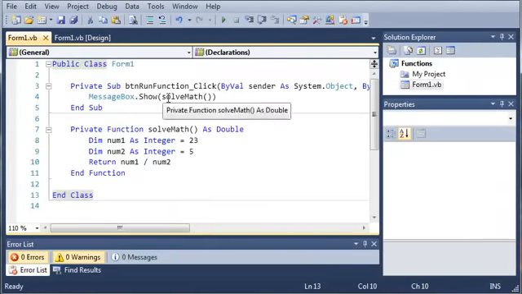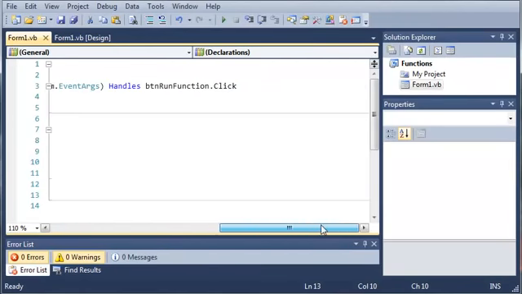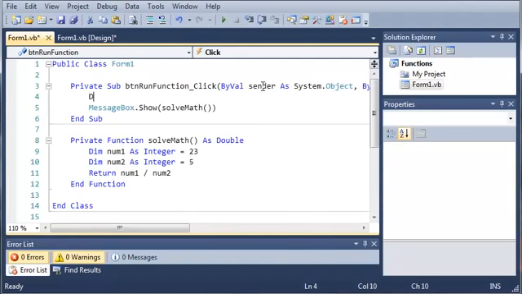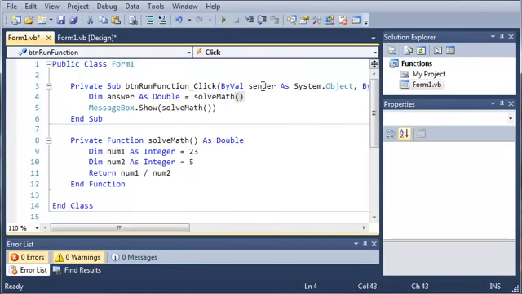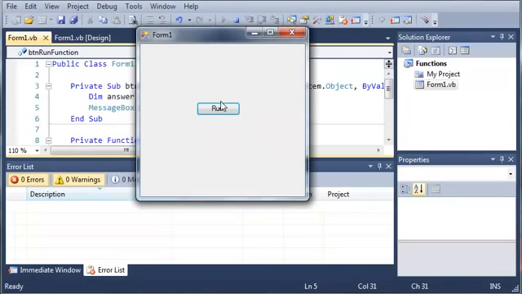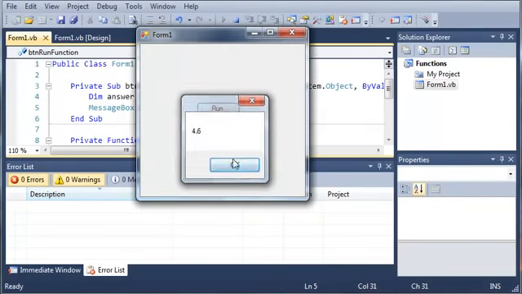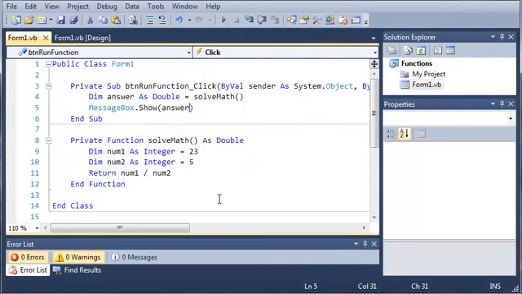Now instead of just displaying this inside of a message box, what if we want to save that value for later? So let's come up here and create a variable. Dim answer as double, and we will set it equal to solve math, which is going to get the math 23 divided by 5, and then we can just print out answer. If we go ahead and run this, it's going to work exactly the same. We click run and we get 4.6. Now with functions, you can have a function that is a double, an integer, a string, a character, a boolean, whatever you want. So go ahead and make a couple functions,